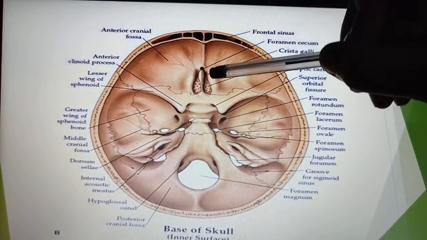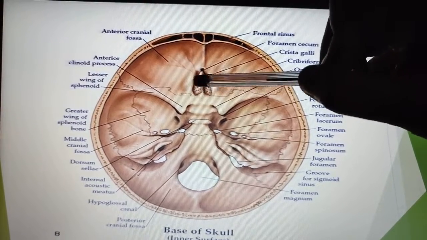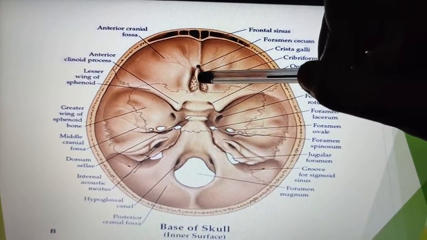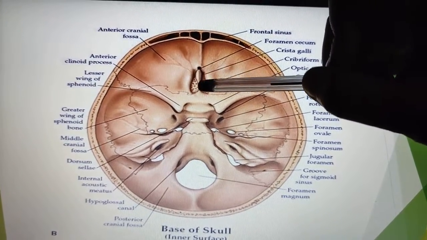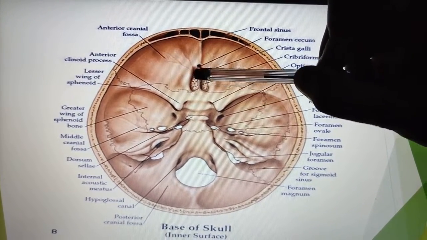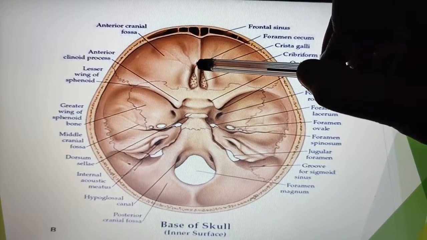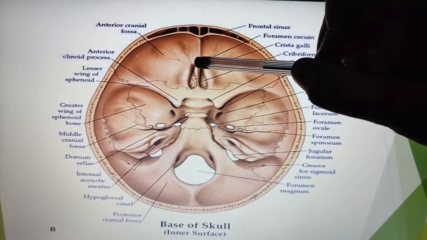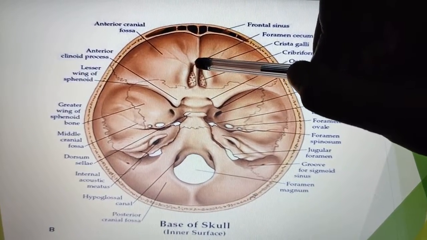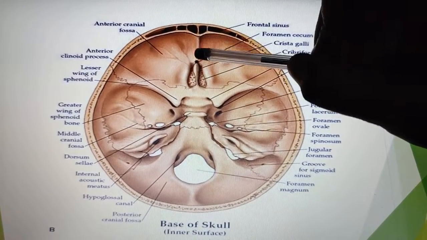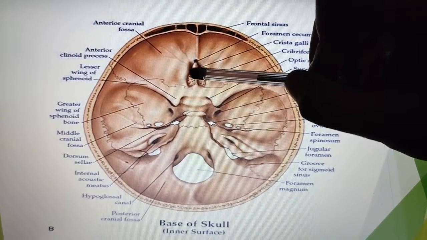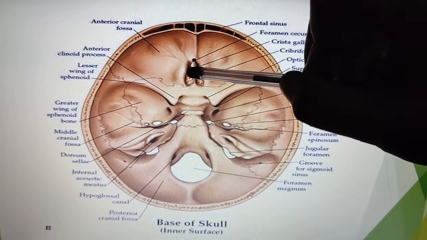Then we can see the impressions of the sulci and gyri of the frontal lobe of the cerebrum. We can see the sieve-like plate of the ethmoid with perforations. It is known as the cribriform plate of the ethmoid, through which the olfactory nerves pass. And we can see a tooth-like projection known as the crista galli. Anterior to that, we can see the foramen cecum, a blind foramen which transmits an emissary vein. Anterior to that, we can see a crest known as the frontal crest. The crista galli gives attachment to the falx cerebri.